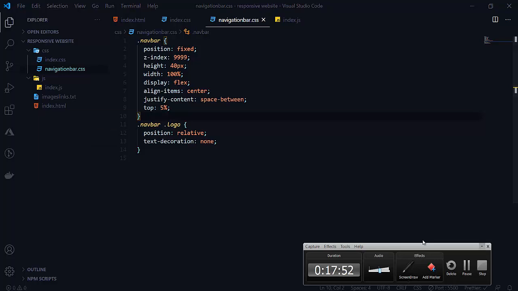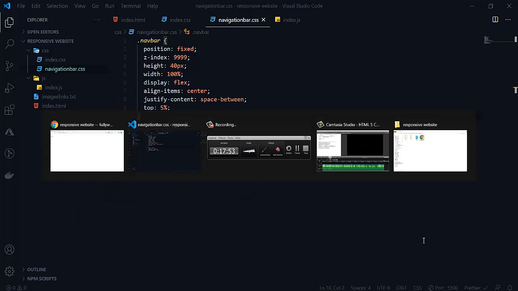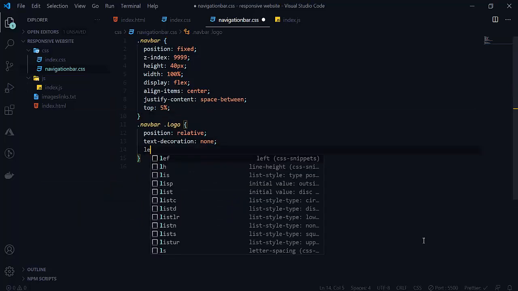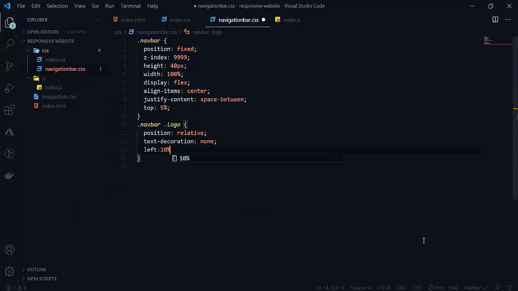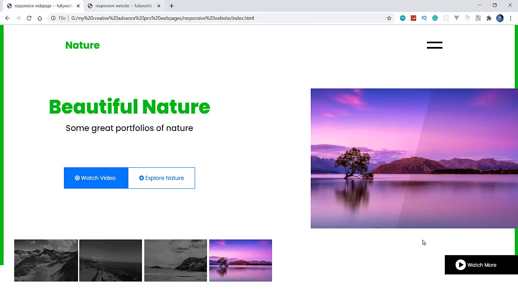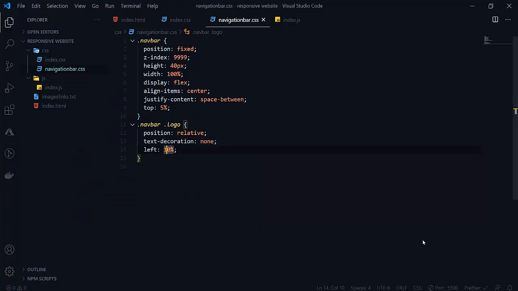See that text decoration is none here. So let's make its left 10%. 10% will be good here. No, let's make it 15%. Now it is looking good.